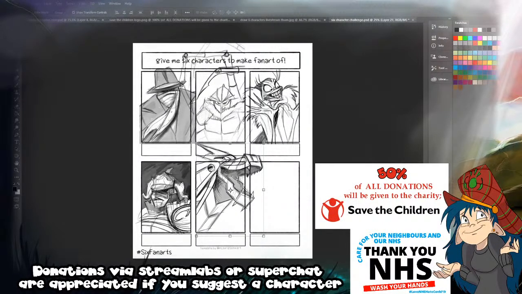I don't know why, but I'm drawing H.P. Lovecraft now.